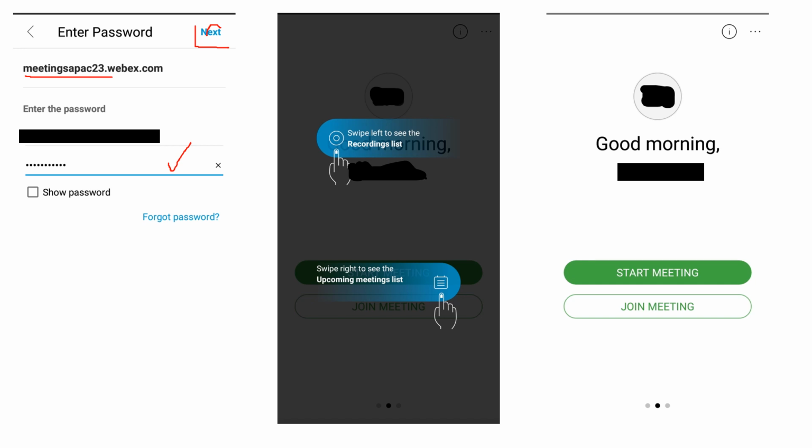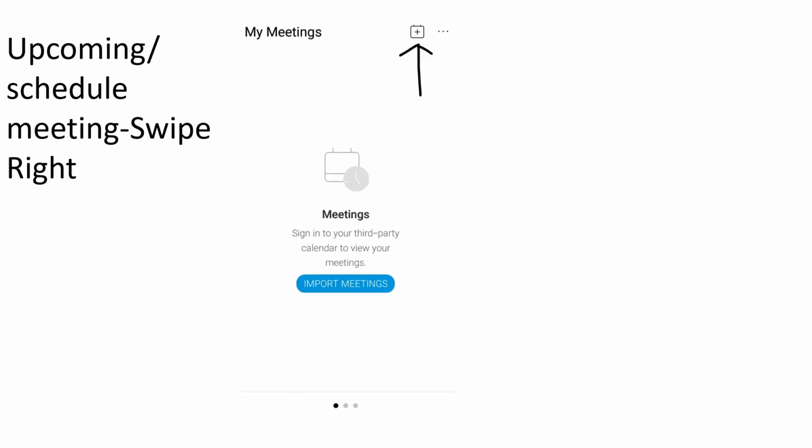If you want to schedule a meeting, you can directly schedule a meeting by clicking on start meeting, or if you want to join a meeting, you can click on join a meeting which is already scheduled by someone. If you want to schedule a meeting, then click on this plus icon.